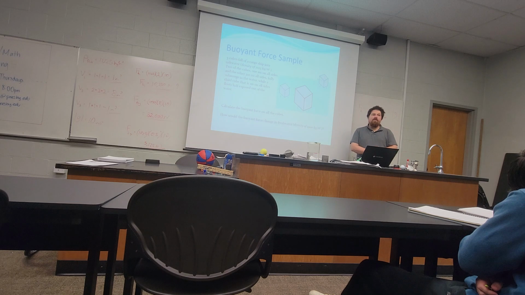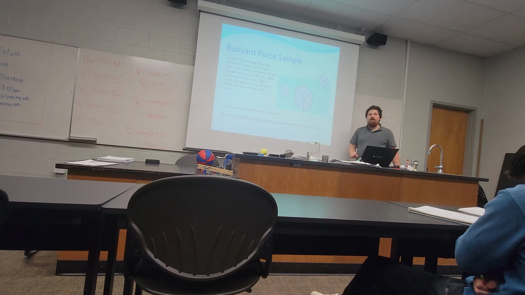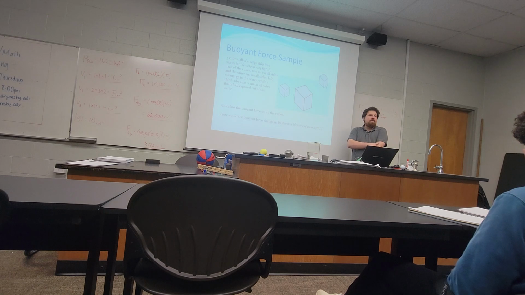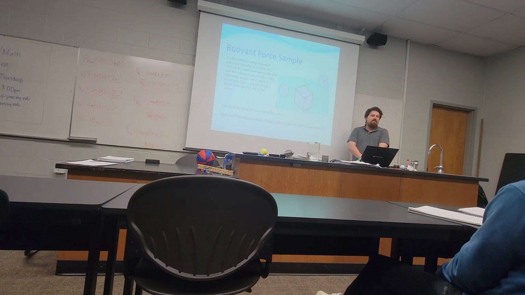First concept question related to this whole situation. I stated a second ago that these cubes have fallen into salt water. They fell off of a cargo ship into the ocean. That is why we used the density of salt water in this formula. What would change about this if they instead fell into fresh water, which is ever so slightly less dense? Salt water is more dense because it has more stuff in it. Fresh water is less dense, so how would that change our numbers? They go down. Very good.